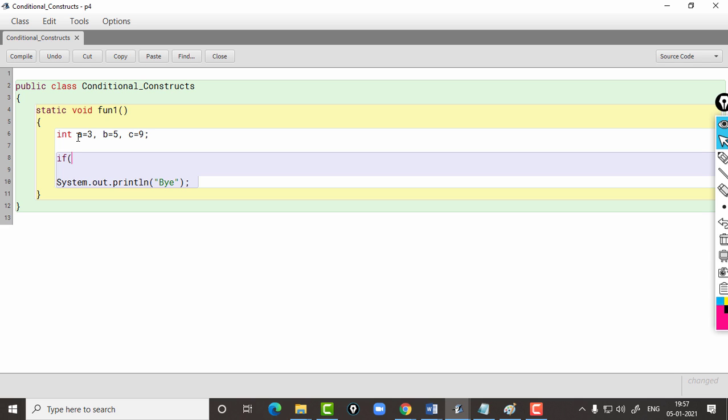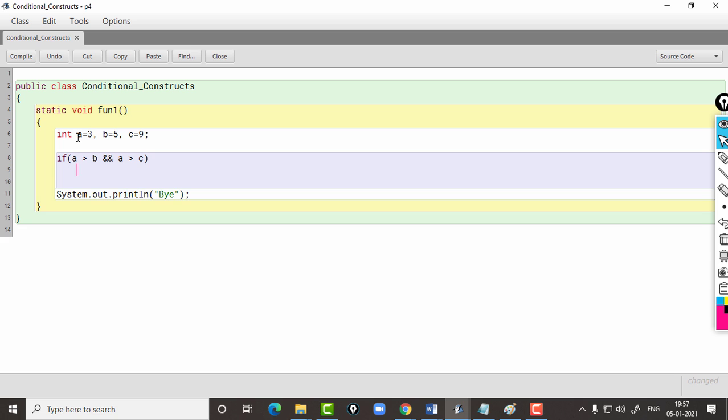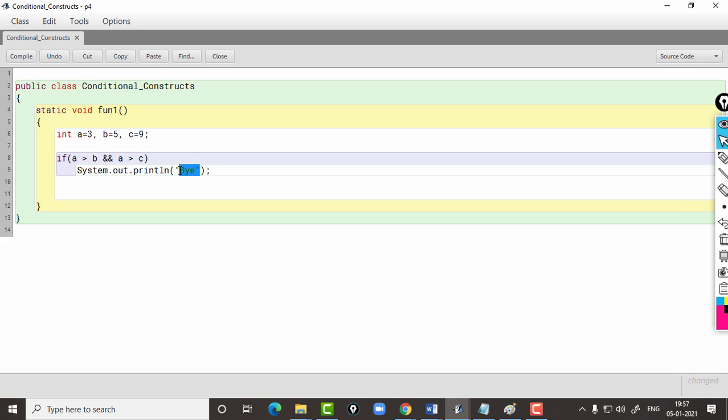So, if a is greater than b and a is also greater than c, that means, I will display a is